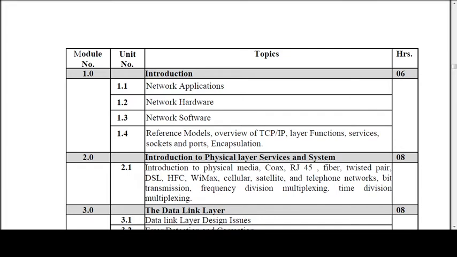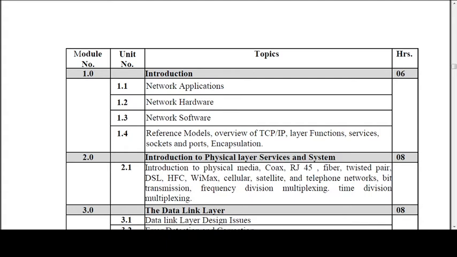So today we start with the first module. In the previous lecture we introduced the complete syllabus of the subject Computer Communication Network. There are a total of 6 modules, so today I am going to explain and start with the first module. This first module consists of a total of 6 lectures. Which topics are to be covered in the first module?